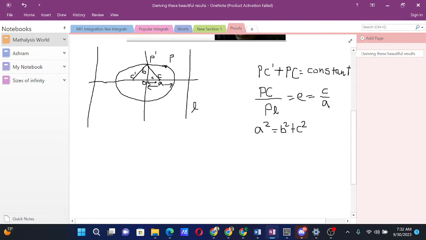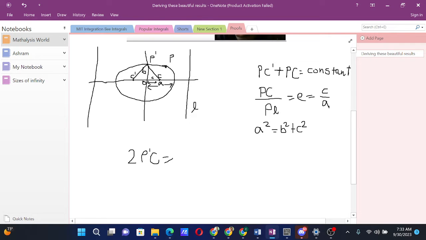Since this is an isosceles triangle, both PC and PC dash will be equal. So these two are equal, so we have 2 times P dash C, and this length should be equal to